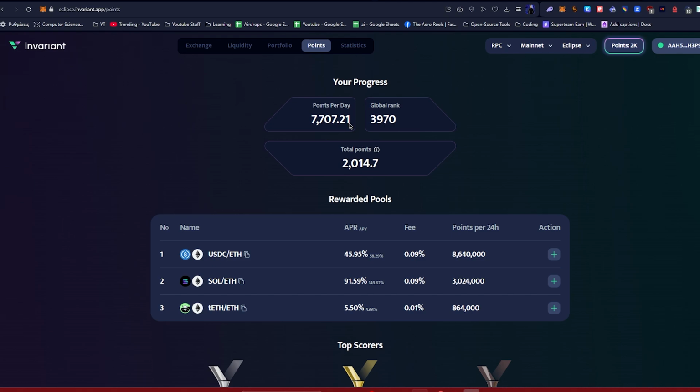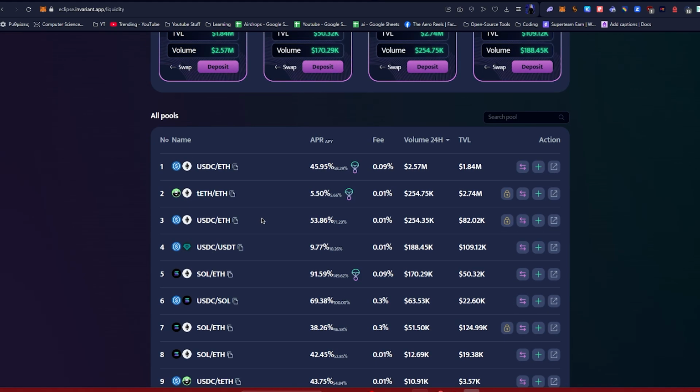So we have to go ahead on liquidity, and where you find a pool with this button, the airdrop button or icon, you can see the points that you will be getting from this. You can also be checking the volume for the APR, but also the TVL, which is super important. What I've done is I am depositing on Sol ETH and on Turbo ETH pairs. The Turbo ETH pair gives you